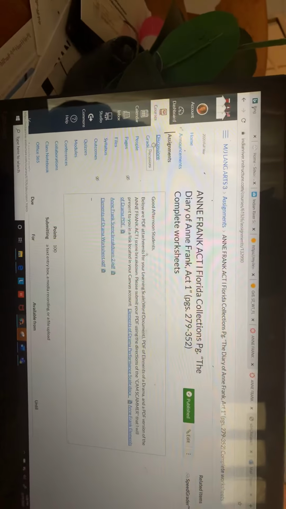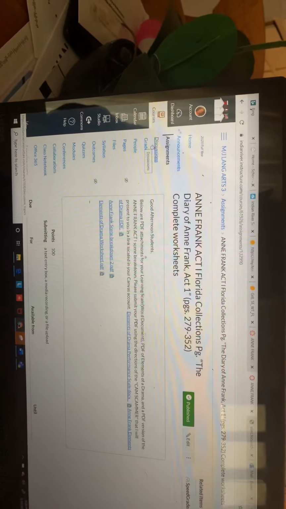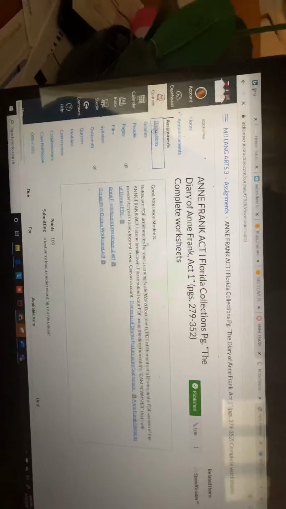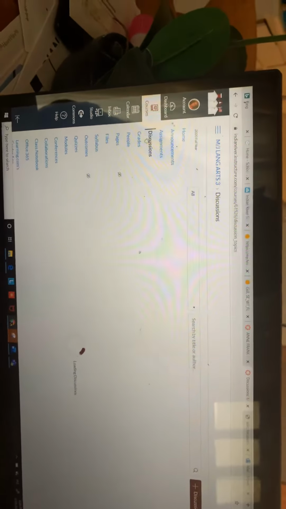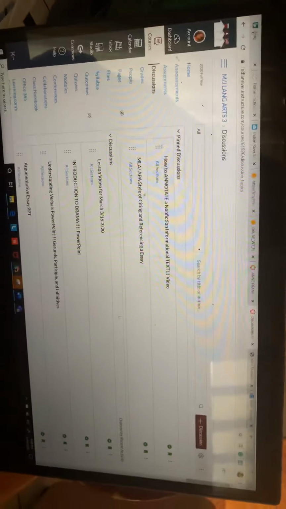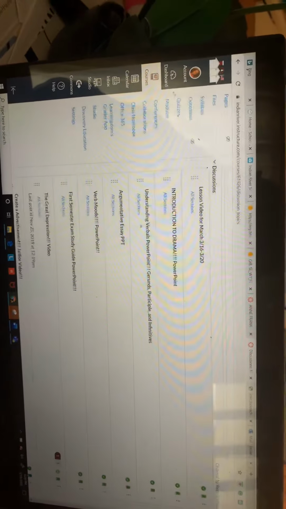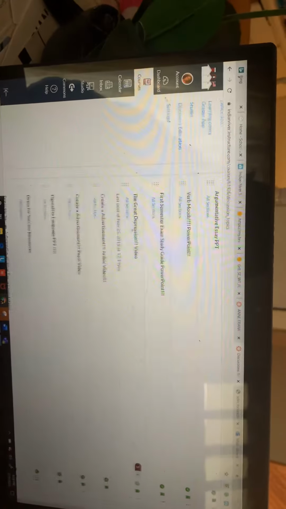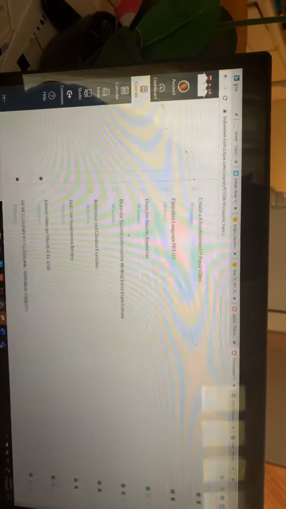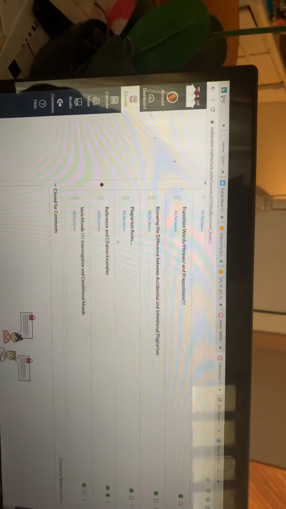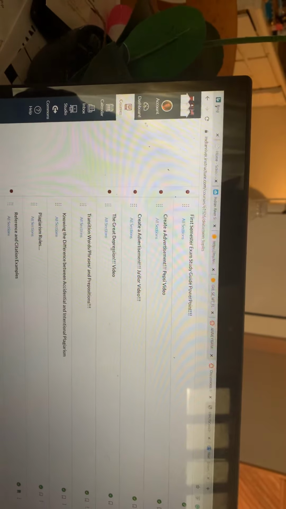So if you're unclear of the rules and regulations in using literary devices, let's go into the discussion tab in your Canvas account. And we're going to go into the reason why we use ACE. So you'll go all the way down in your discussion tab on Canvas. I don't think it's here.